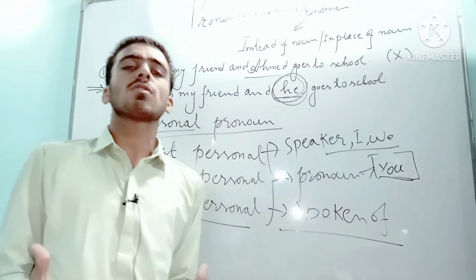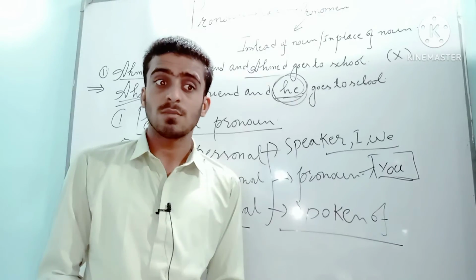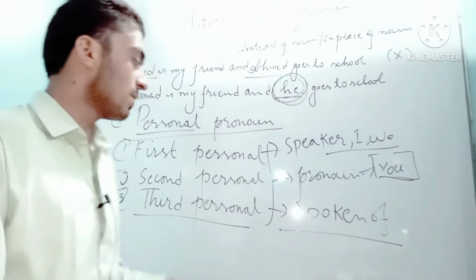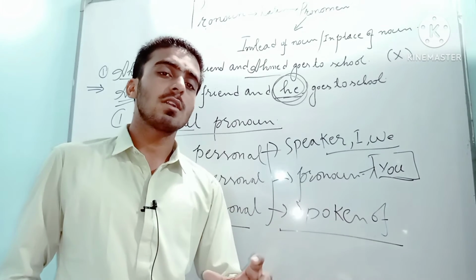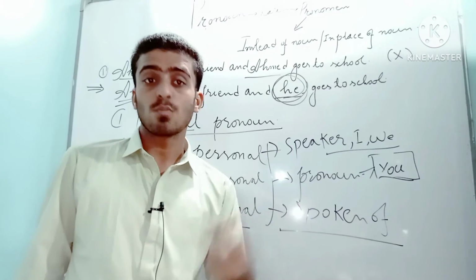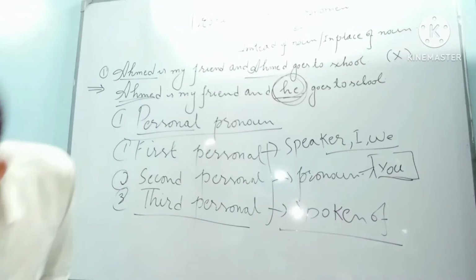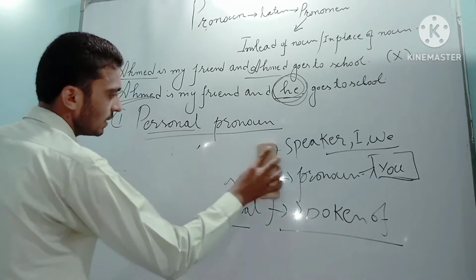When he is involved in your conversation, you will say you, Aslam. Aslam is also a third person pronoun. You, me, we, etc. are the pronouns. And a third person pronoun is the one you can only speak about, which is not related to the conversation, or you can mention it in your points or speaking. And after that, if we learn the personal pronoun, you might have learned that